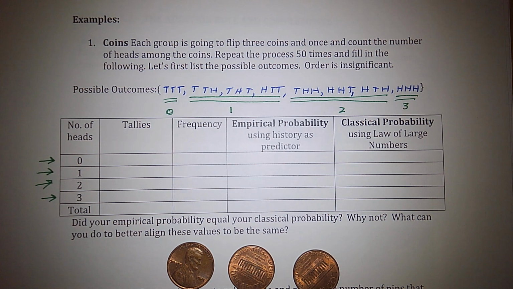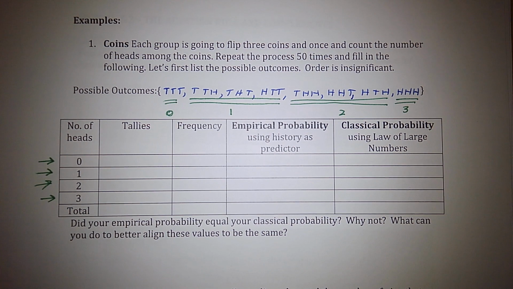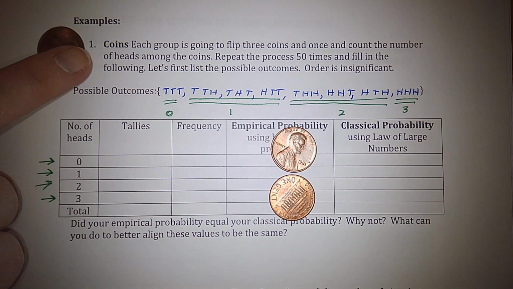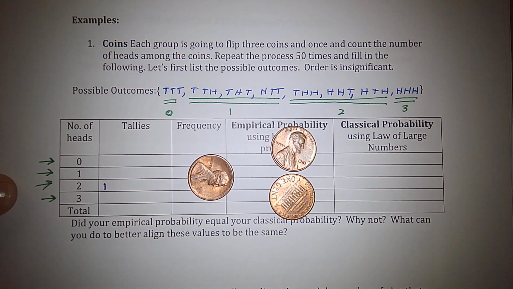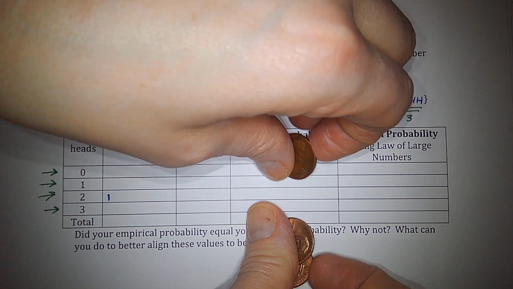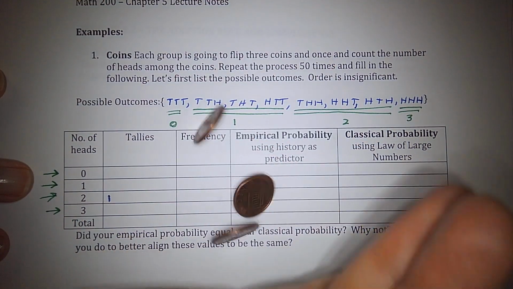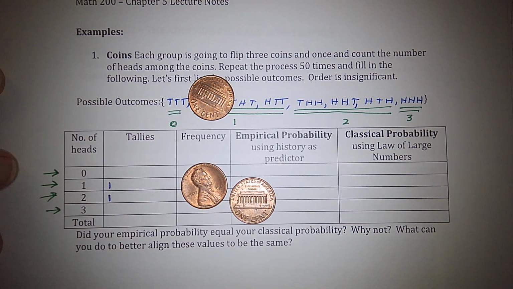So what we're going to do is we're going to flip these 3 coins, and I'll do the first simulation for you, and then I'll let you do it on your own by pausing the video. So for example, I'm going to flip these 3 coins, and I'm going to let them all land, and it looks like I got 2 heads and a tails. So I'm going to put a tally mark right here next to the 2 because I got 2 heads. Let me try it one more time. This time I got 1 heads, so I'm going to put a tally mark right there.